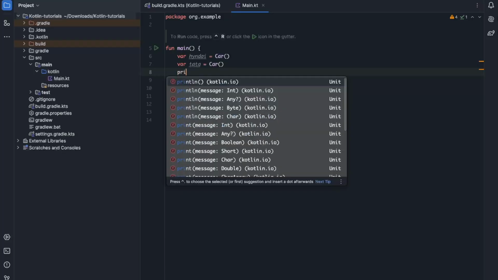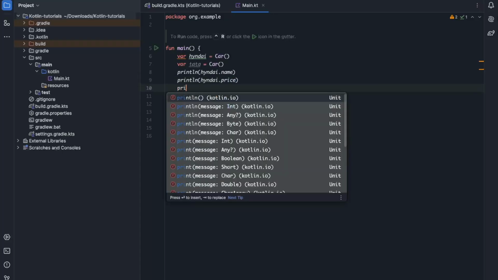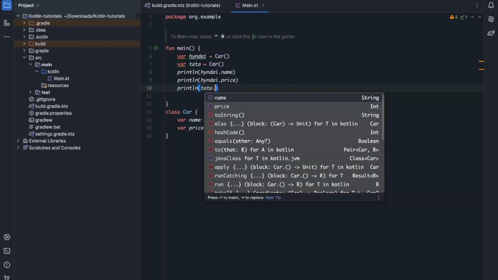Now if we want to print this, what will you print? Let's print Hyundai dot name. It is accessible, right? So we have declared this attribute so that you can access these attributes, right? The price, you can access, the Tata dot name